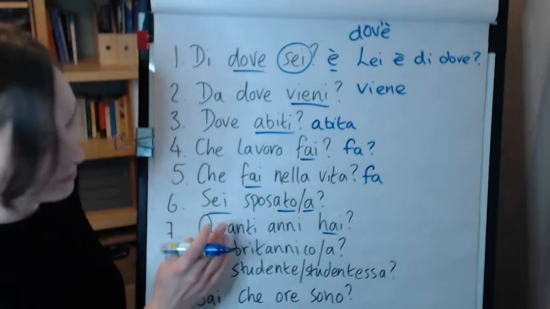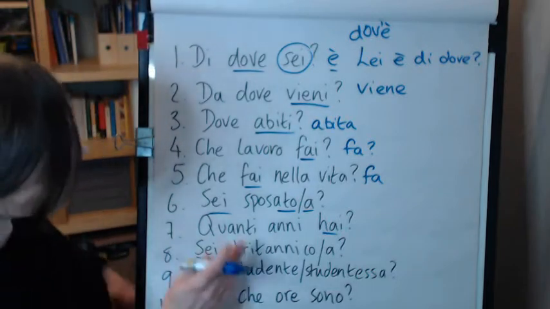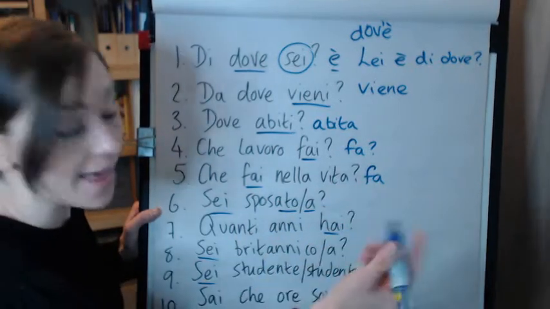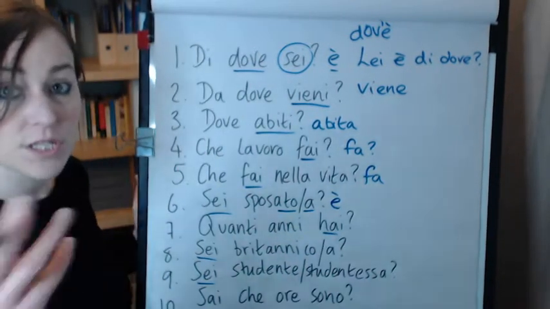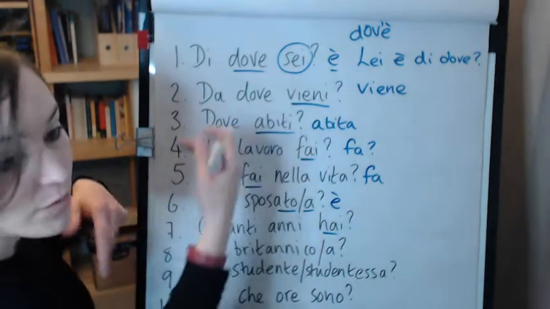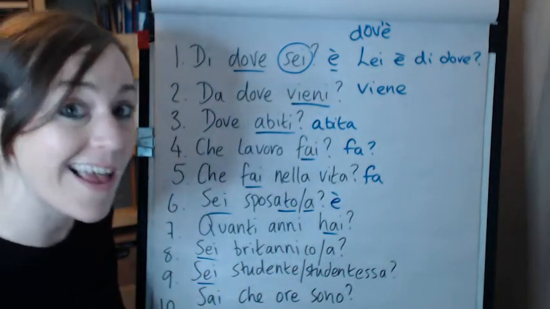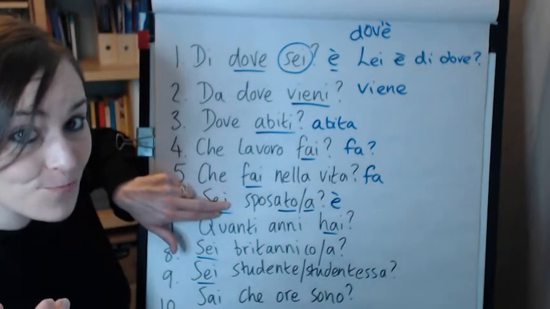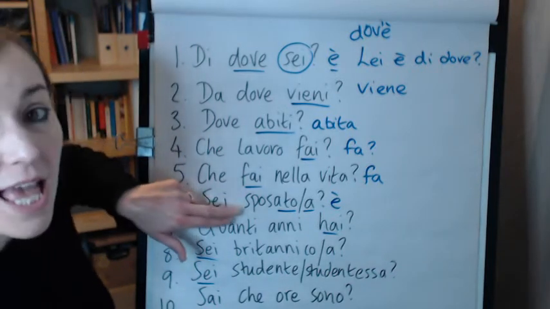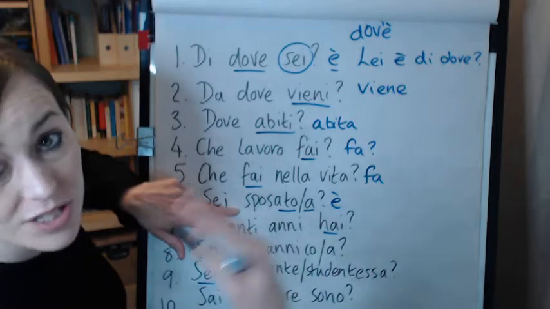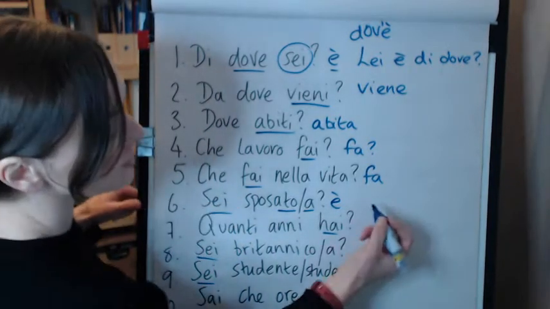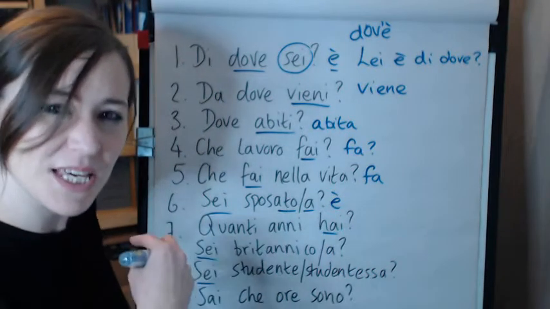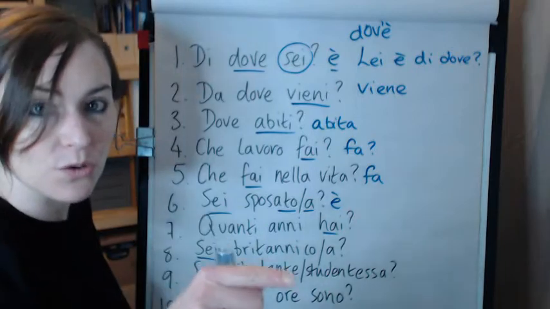So we've got the verb, well, we've got the conjugation, tu sei. So instead of using tu sei, we use lei è. So, similar to the one up above, where we have the same verb conjugation è, we could say lei è sposato, or we could say lei è sposata, if you're addressing a lady, you're married. Or we could say è sposato lei. If it's easier, just put lei at the beginning, like the subject pronoun. Are you married?